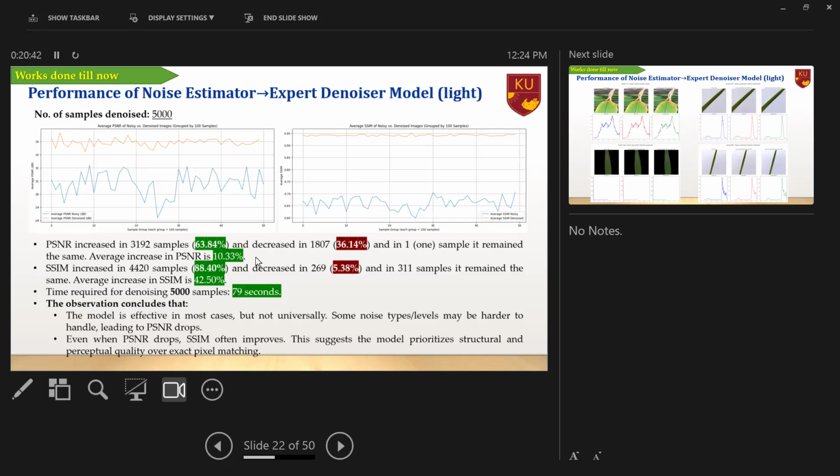Among 5,000 images, in 3192 samples the PSNR increased, and overall the average PSNR of all the images increased by 10.33%. Suppose it is 30 initially, then it increases to around 33. So overall it increases, but if we see as per the sample,